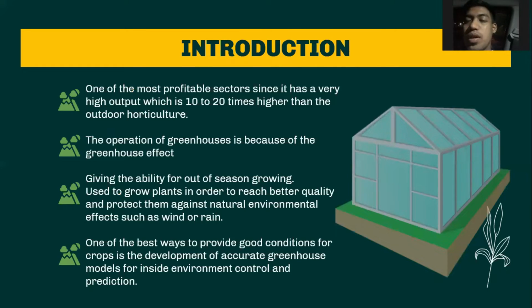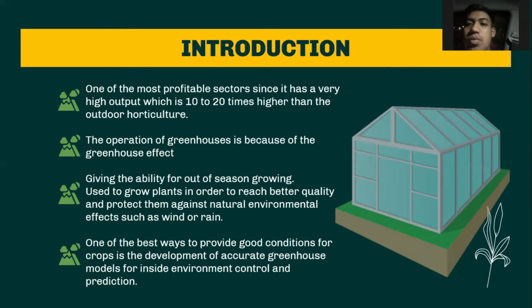So the first one is the introduction. The greenhouse is one of the most profitable sectors since it has a very high output, which is 10 to 20 times higher than outdoor horticulture. So these are the benefits. Number one, the operation of the greenhouse is because of the greenhouse effect, giving the ability for out of season growing, because we can control the temperature and the condition used to grow plants in order to reach better quality and protect them against the natural environment, such as wind or